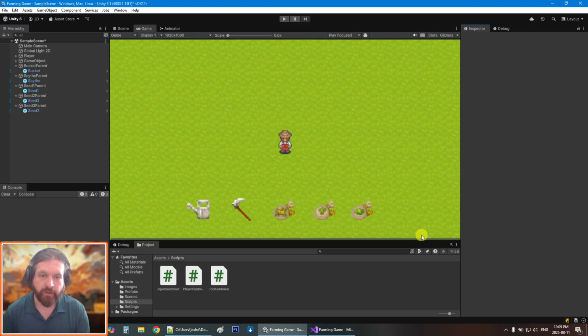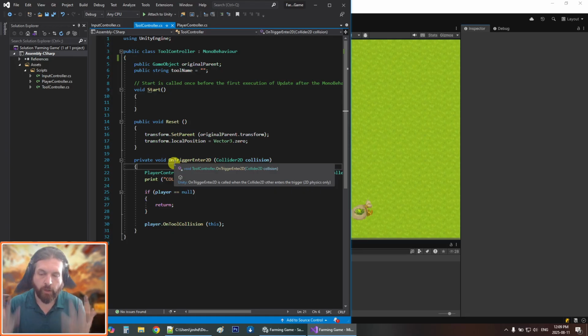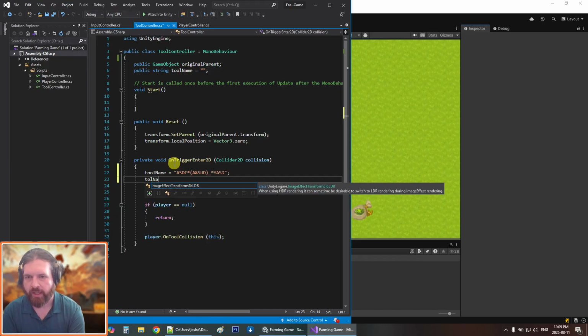So first things first, in order to actually determine what these tools do when you interact with something, we need a better way of defining what the tools actually are. Because right now, they basically just have a name and a graphic. And the problem is, these are not really things that are good for performing operations. So for example, if we look at tool name, basically we can put whatever we want inside of this string. And then, if we say tool name